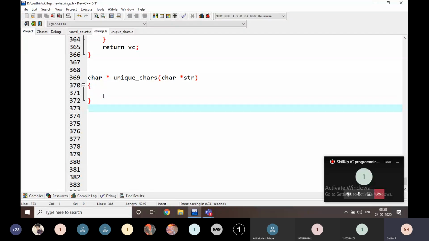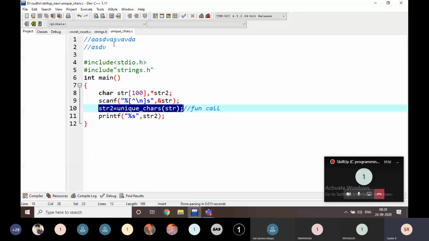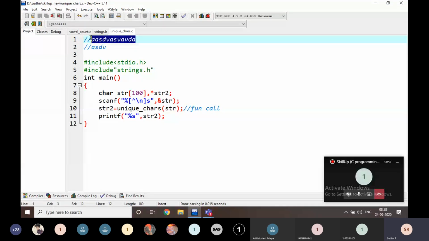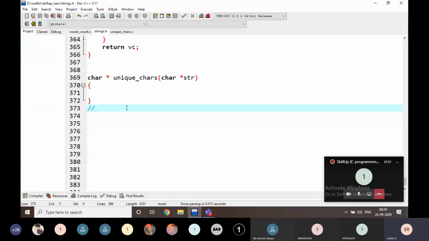Now how am I going to find it? For example, one string is there, and here what is my algorithm to find unique characters in a string?